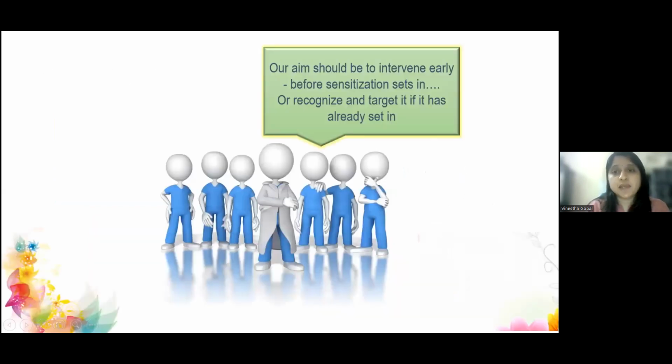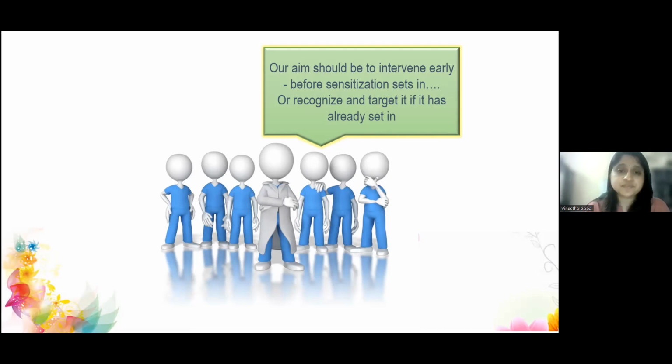Now, our aim should be to intervene early, before the sensitization sets in, or to recognize and target the sensitization if it has already set in. That is why we should maintain a more aggressive approach. Don't think, the patient has cancer, he will have some pain, right? Usually oncologists don't show that attitude, but we have many junior doctors or staff nurses with that kind of attitude towards pain. Patient has cancer, he will have some pain, we have bigger things to solve. But it is not like that. You should take a more aggressive approach to pain management and go for optimal control before